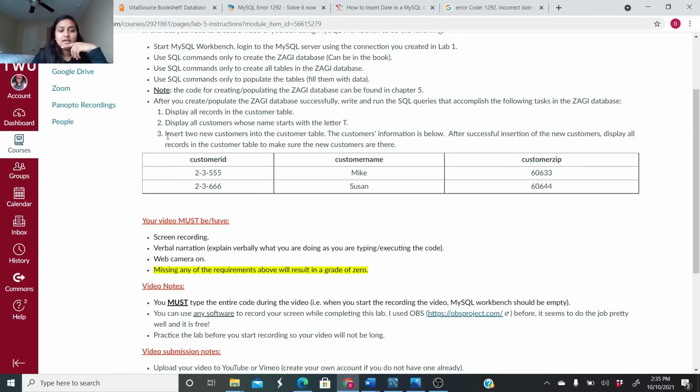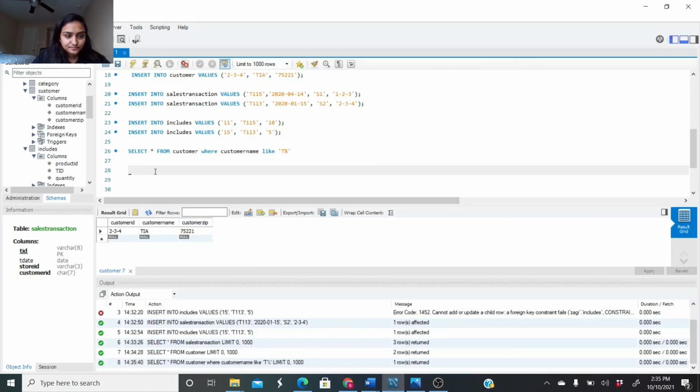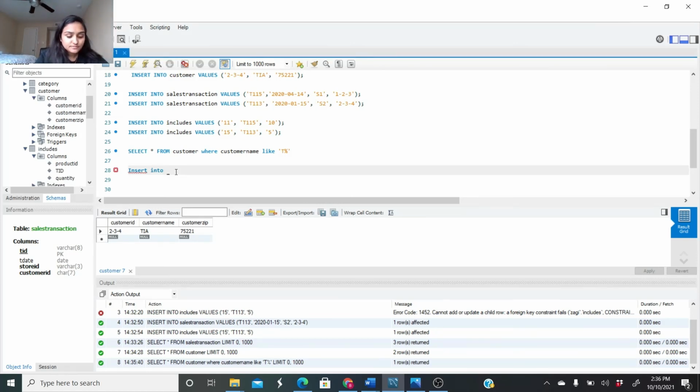And it's also asking me if I could insert 2 numbers to the customer table. The customer information is below. So I can just do that by going to insert into, and let me open the customer here. Customer has columns customer ID. So insert into customer values, okay, and I just like to do this uppercase. Insert into customer values,